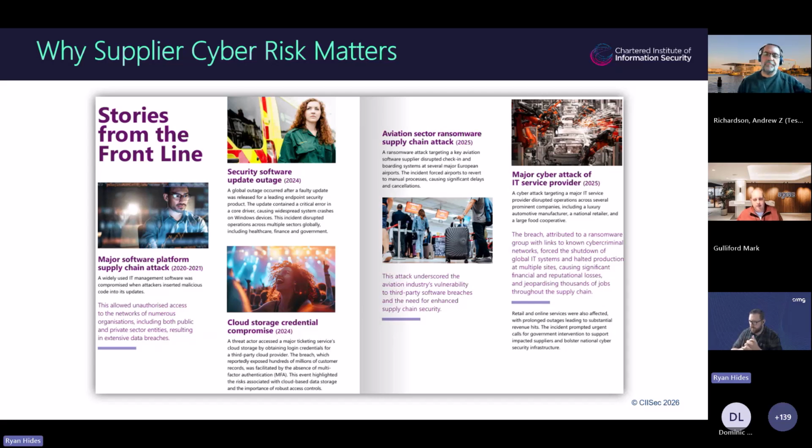I think, if you don't mind, Mark, I'll kick off. One of the areas, there's many, but one of the areas I think is supply. Obviously, we're talking about the supply chain, but there are the fourth parties, the fifth parties, so further down the supply chain. So we should hopefully be very aware of the publicity around incidents that were happening last year. One of them was quite a big car company. I'll not mention who they are. You probably already know who they are. But the incident that they had had a massive impact on their supply chain.